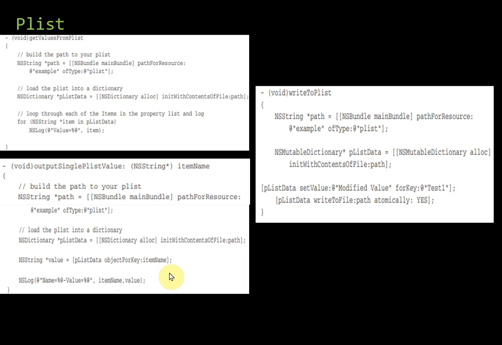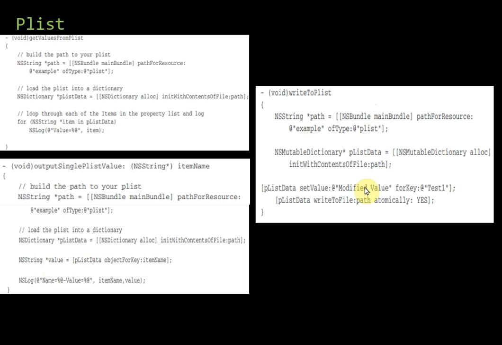You have name, USN. I want only the USN to be printed. So my item name will be USN. Followed by that, here NSLog. What are you printing? You are printing the item name, here USN, followed by what is the value of that particular item. That will be displayed. Suppose I have given USN 4SH 19 MCA 23. The name is USN and the value will be that USN number.